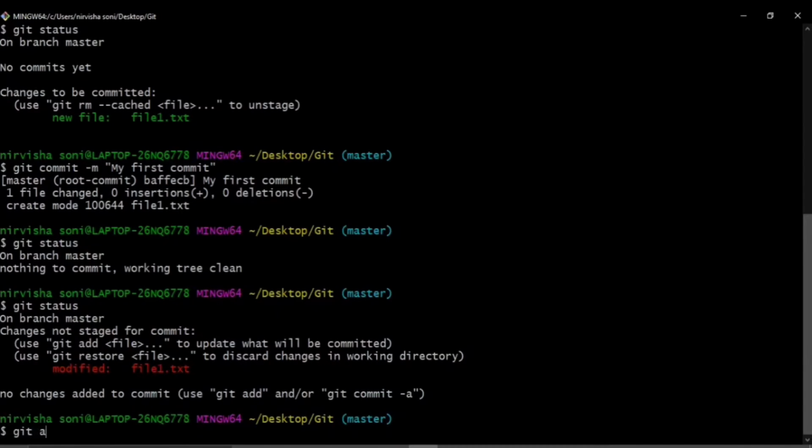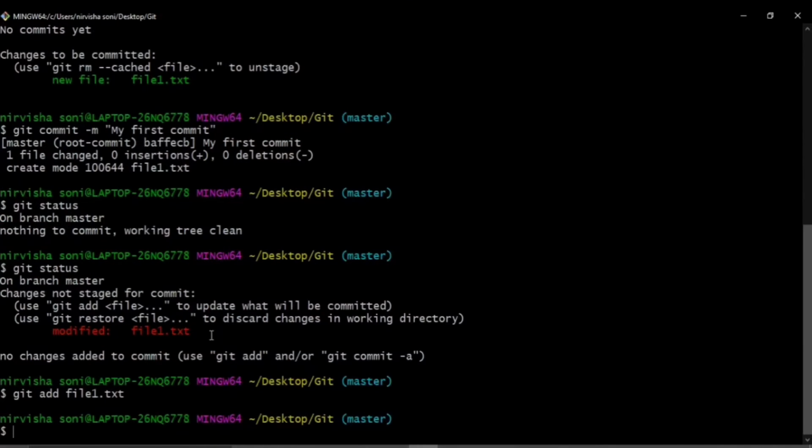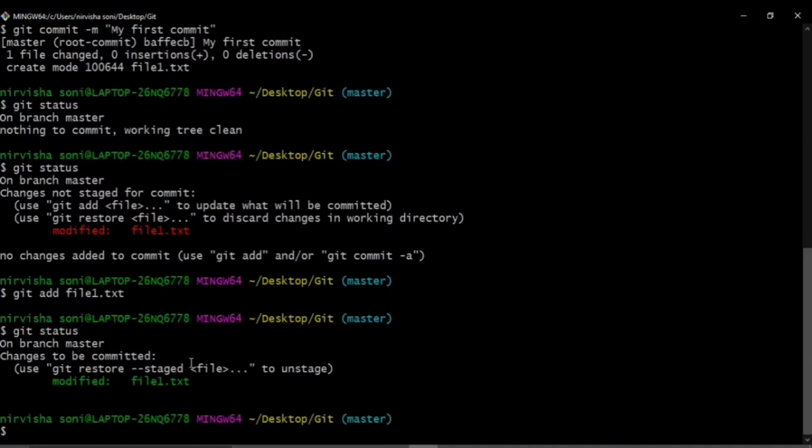We are again going to add the file, because you have to add the file again and again after you make some change. So no matter how many changes you are making, you have to add the file each and every time. So let's again add this file named file1.txt, and now we are again going to check the git status. It is showing that the changes that we made are now in the staging area, and we are now able to successfully save the changes that we have made. In order to do that we have to commit our changes. So what command do we use to commit the changes?